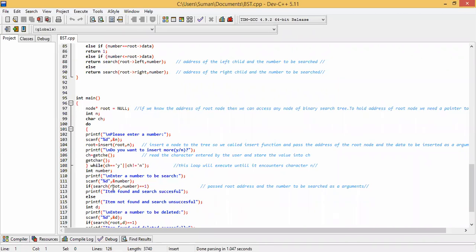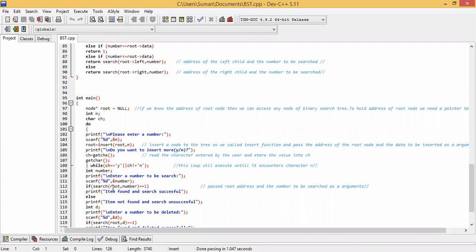If it is equal to 1, that means the item is found and the search is successful.